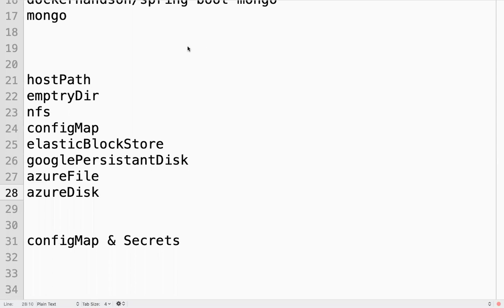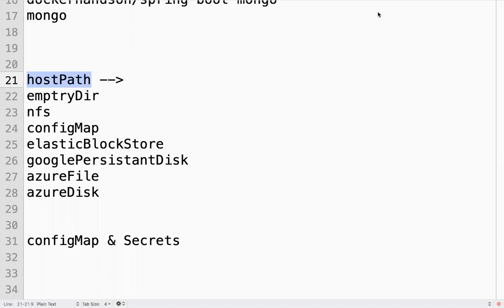So if I use host path, what is the meaning of host path? The name itself is saying host path. Volume is nothing but a piece of storage, the disk where it will maintain the data.